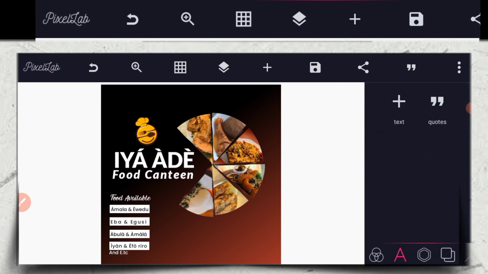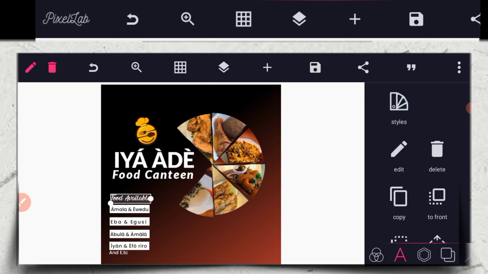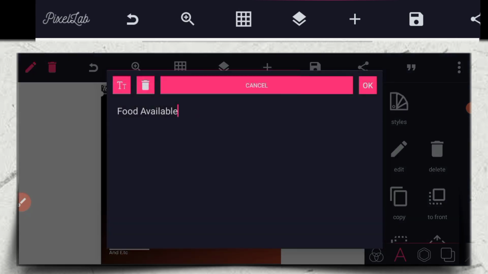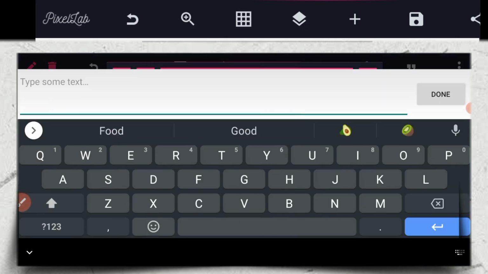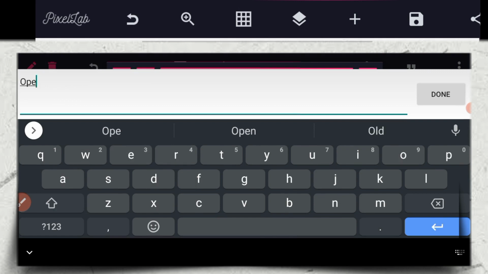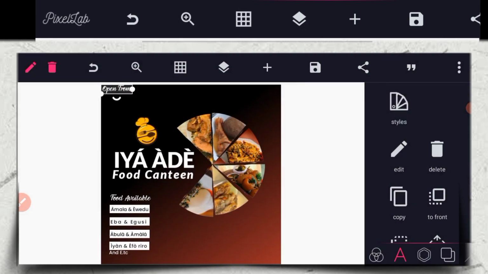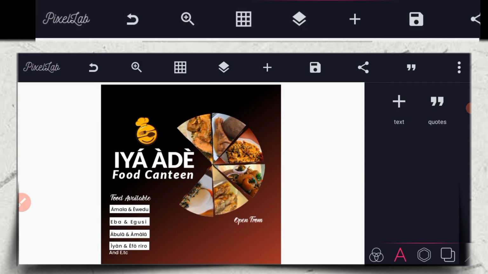Good. So the next thing I'm going to write now is just copy this food available, copy it, then you write open from. Good. Open from. Good. Then you come here. Then you place it here. Place it here. Good. So after you place it there, the next thing I'm going to do right now is